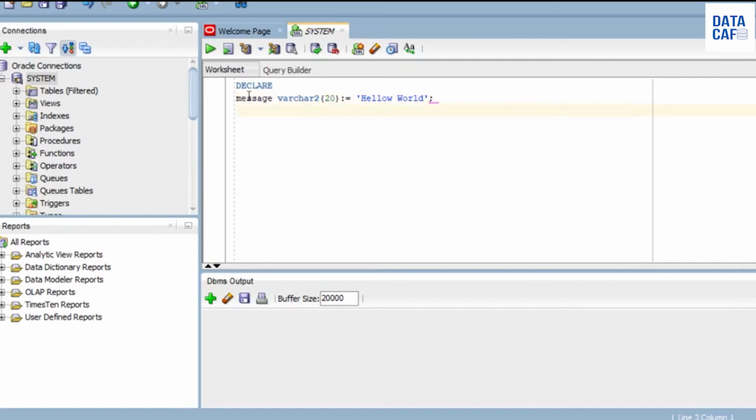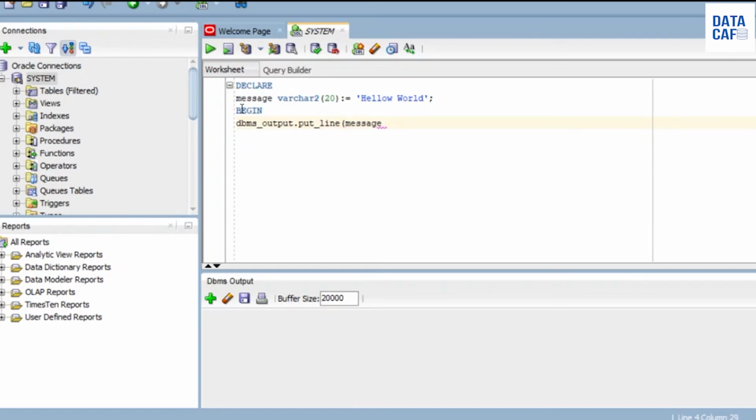Then I am going to start my executable command section. To start it, you have to type begin, then type dbms_output.put_line, then pass your variable.